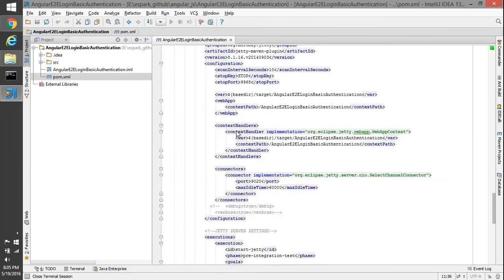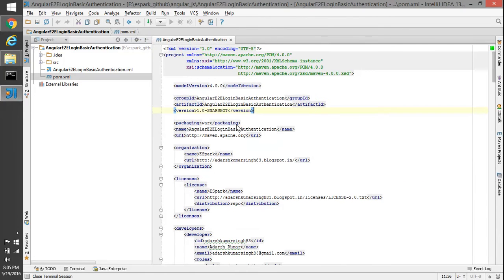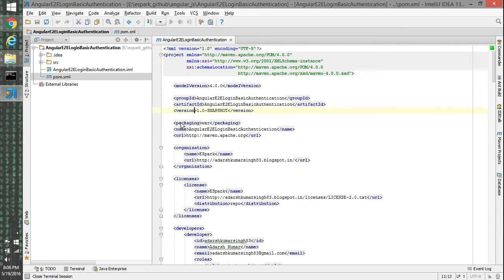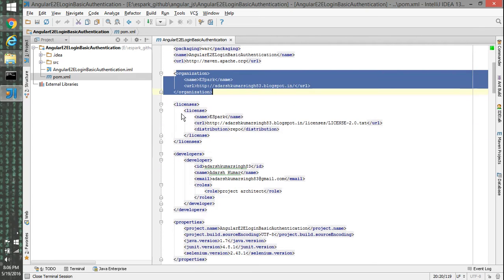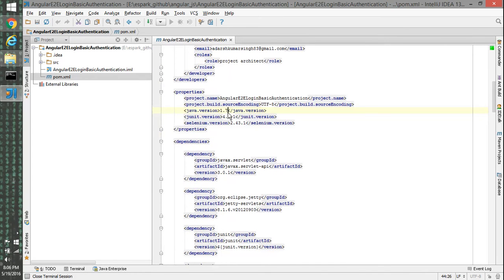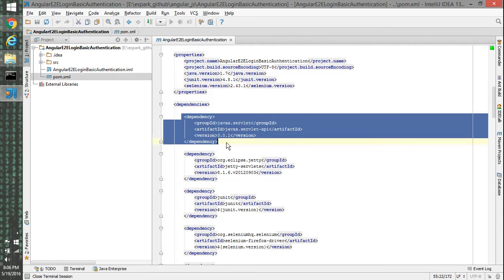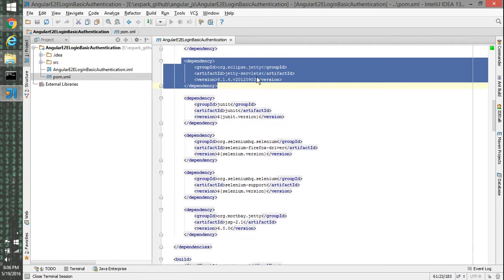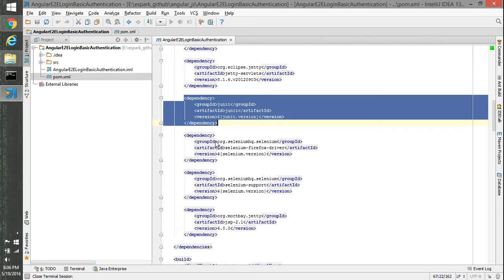So we have a pom.xml file because this is a Maven based application. We have all the general tags like group ID, artifact ID, version, and then packaging is a WAR file, just because it's going to be a web application, and then the name of the application, then organization tag, license tag, developer tag, and then properties. We have defined a Selenium version here, 2.44.3.1, and then in the dependencies we have servlet dependency, Eclipse Jetty dependency, Jetty servlet dependency, JUnit dependency,